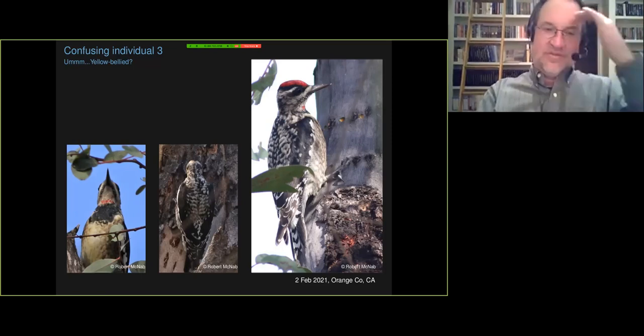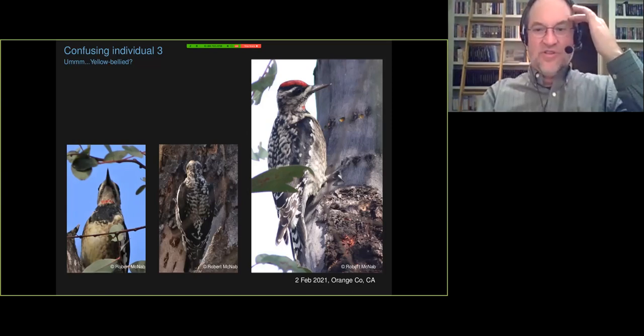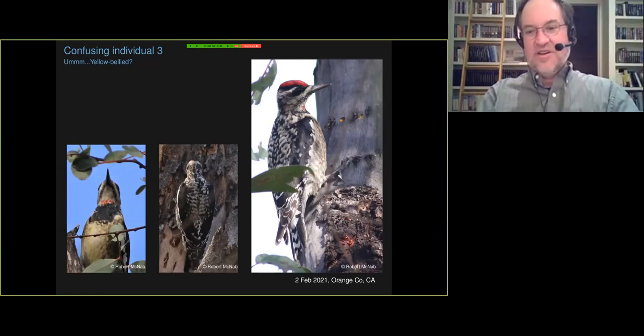And now the question here is what is this bird? And this is one that's been, at least this last winter, I don't know if it's still there, in Laguna Niguel Park in Orange County. And I think there's still ongoing discussion about this. Most people are leaning towards a yellow-bellied that has a little bit of red feathers on the throat,